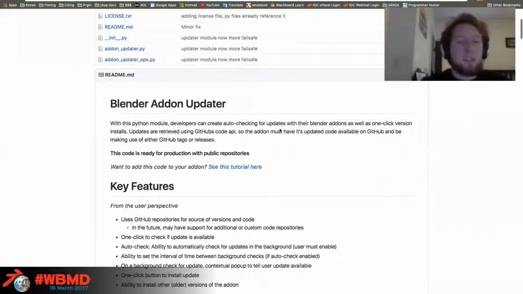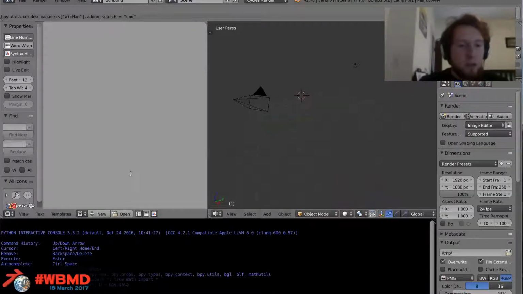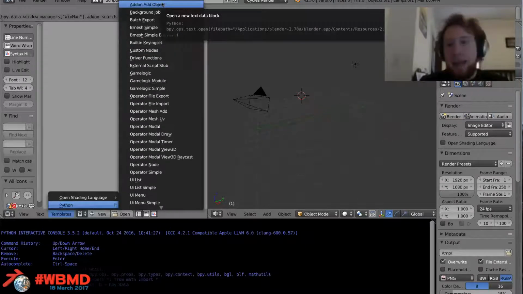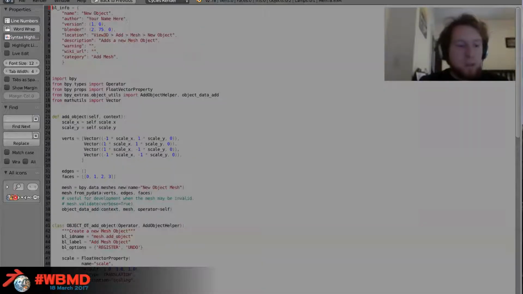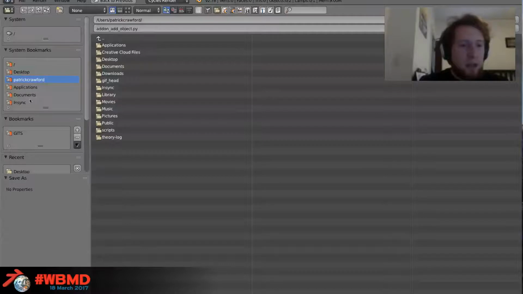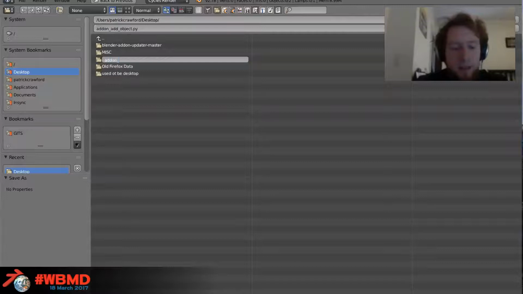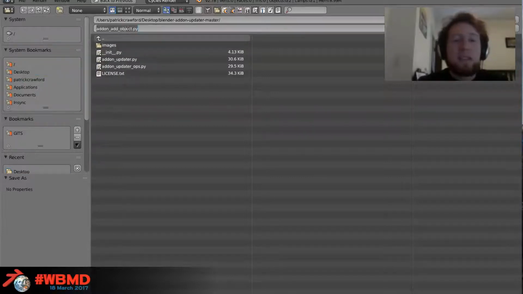So to prove that it works with any zip-based structure add-on, I'm going to start by loading one of the templates from inside of Blender. If I go to the text editor and simply open up, for example, the add-on add object, that's a classic built-in template add-on. What I then need to do is save this out as a text file. I'm going to create a folder on my desktop and call it addon updater demo. Pretty sure that doesn't match my other file name. Yep, that's good. And I'm just going to save it here as